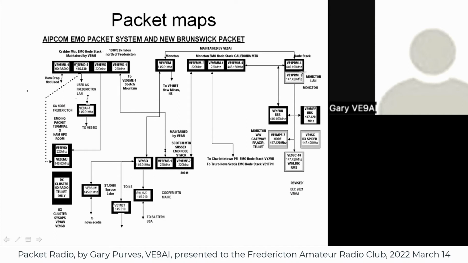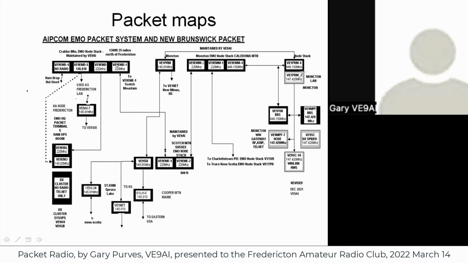There's 4 systems there. There's a UHF drop that we're not using right now, but we have 145.030. We have 230 megahertz that goes down to the EHQ TNC in the EMO room, and VE9EMJ is the other one in the EMO room working on 145.030. There's also a cluster network in there, but you can only get to it by telnet now. It used to be connected in the system.